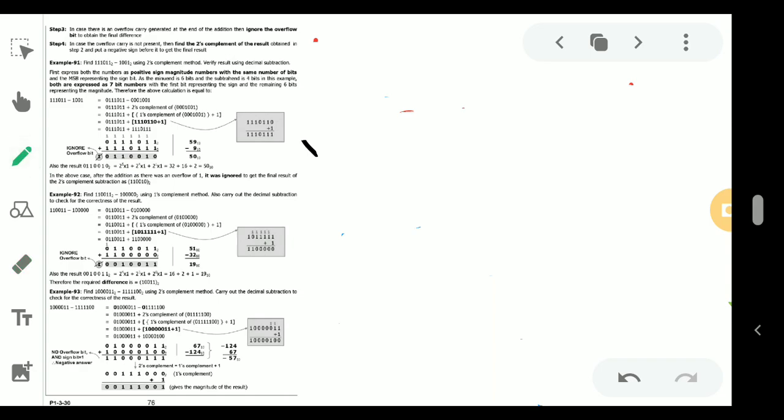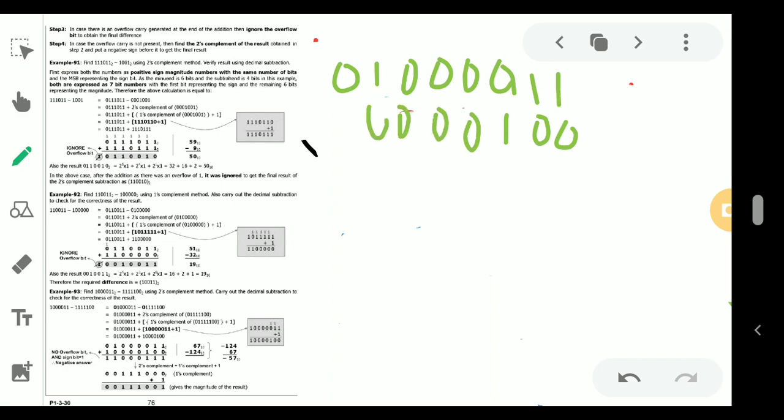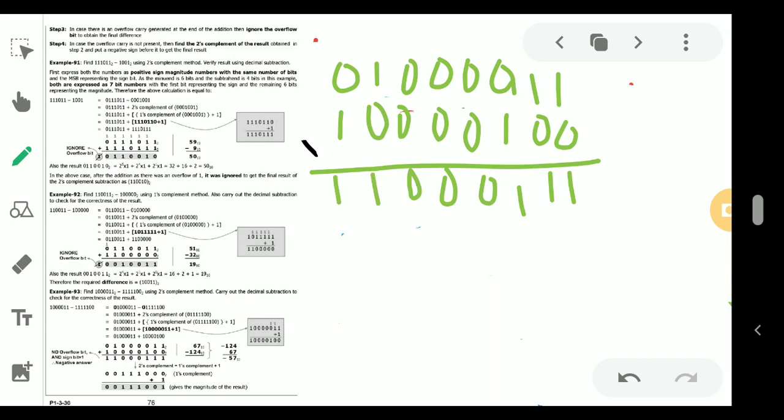So the first number I am getting is 0, 1, 0, 0, 0, double 1. And on this I am getting 0, 0, 1, 5 times 0, 1, 2, 3, 4, 5, 6, 0 and 1. Okay, now I am adding the numbers. So if you add this number, 1 here, 1 here, here also 1, 0, 0, 0, 1 and 1. So no carry part is generated.